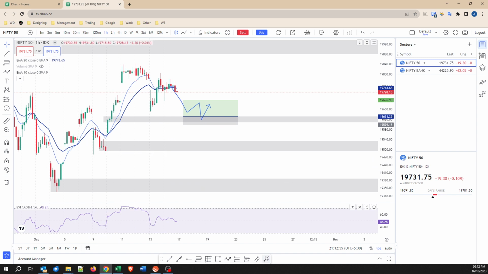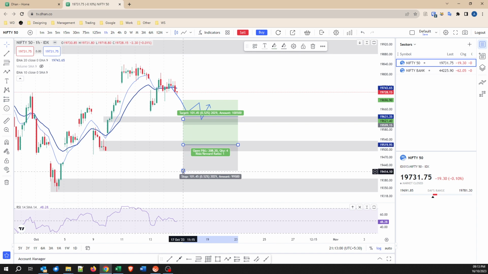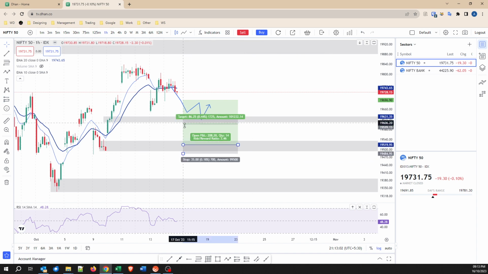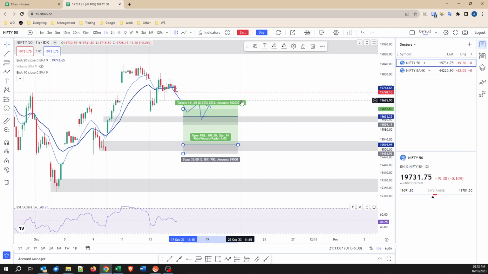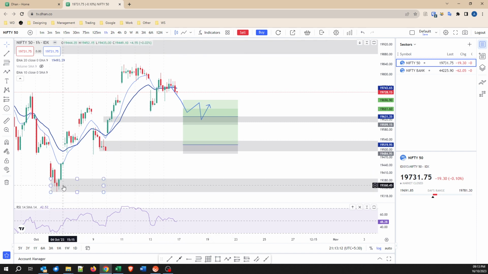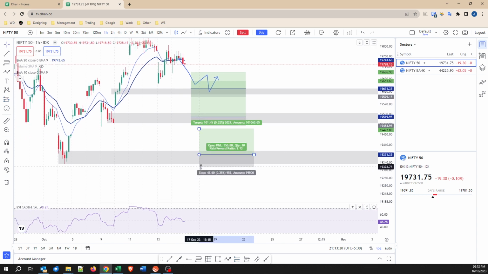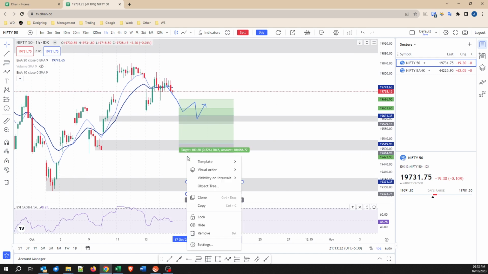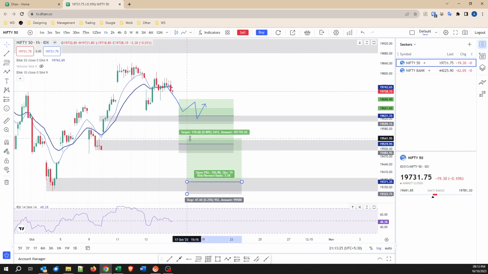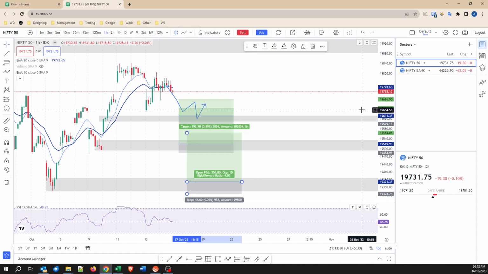We can have a bit higher target here. So entry will be somewhere around this level. Stop loss below here, maybe 1:3, 1:4. We can target 1:4. So 100 points should be fine. Similarly, same situation here. I would enter on this demand zone. Stop loss below this level, and 1:3 should be a fair target. 1:3 and 1:4. So something on these sorts.